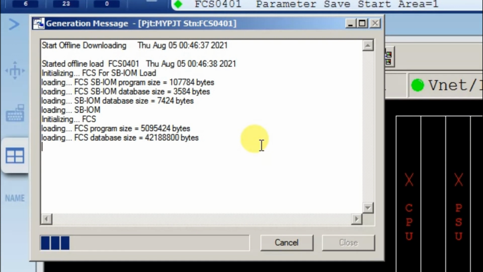During offline download, as CPU is in off state, your plant must be in off state. Simple. It's not possible to control or monitor from this CPU, from this FCS during offline download. So in general, during plant shutdown activities only, we will do the offline download.